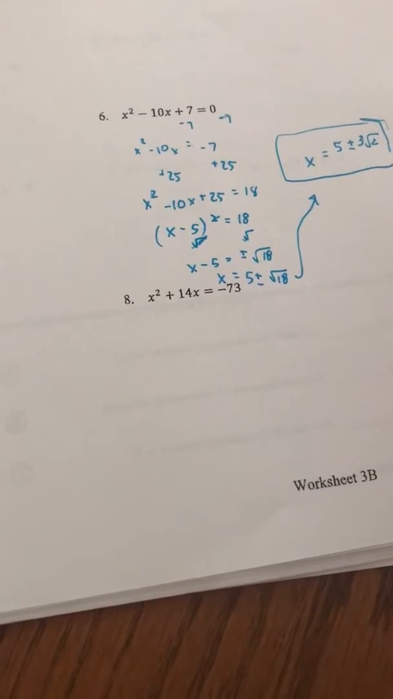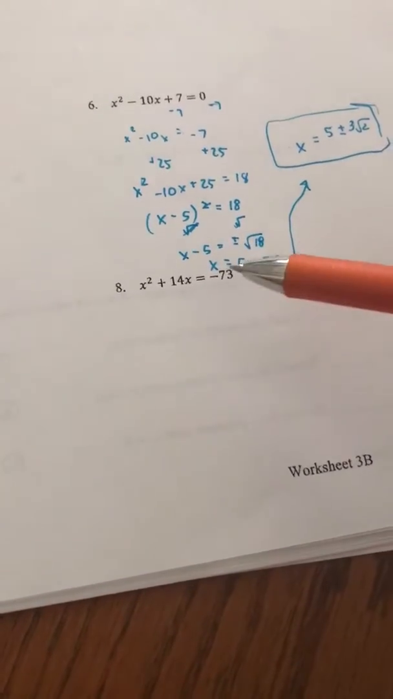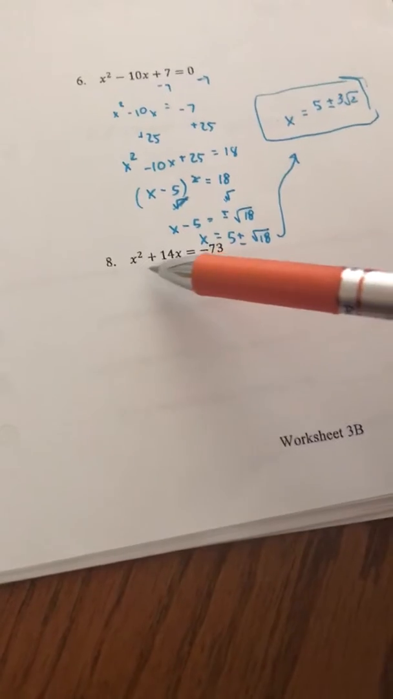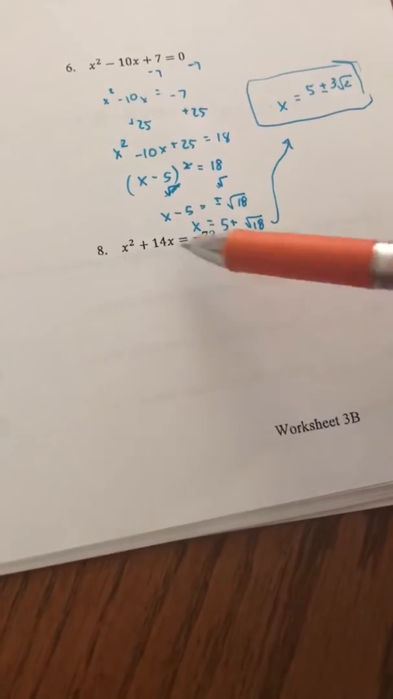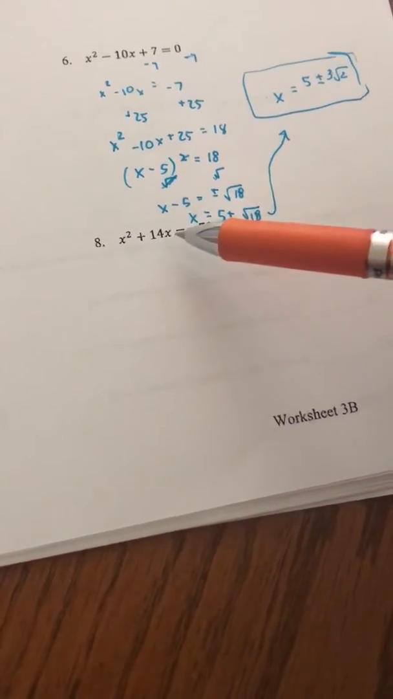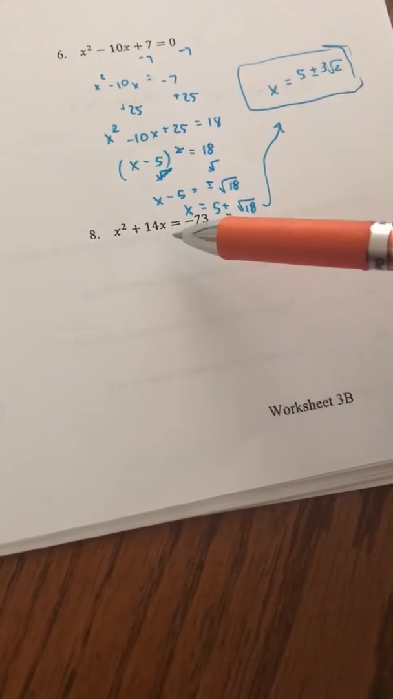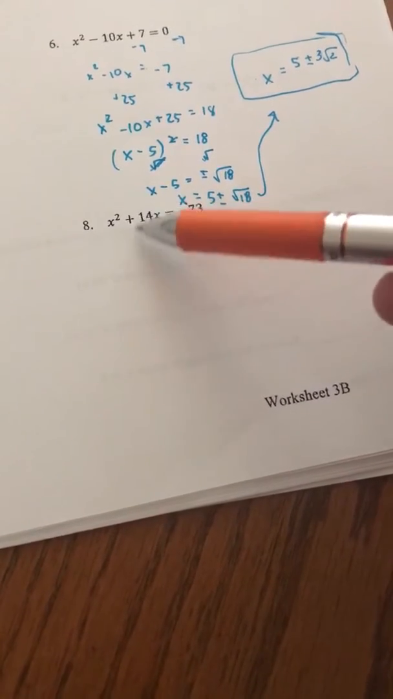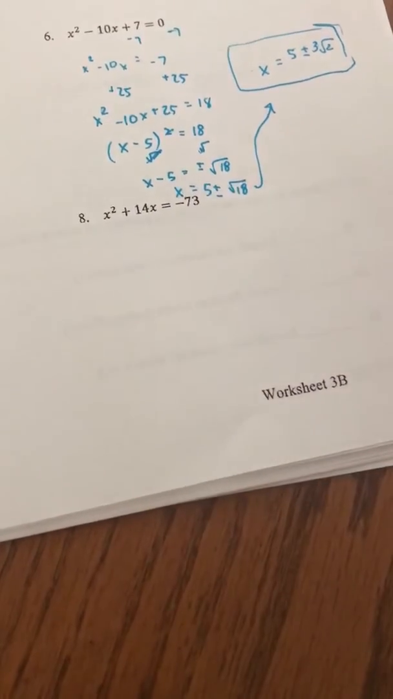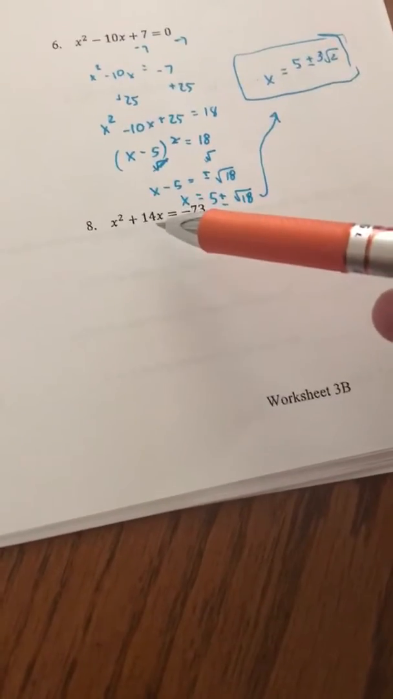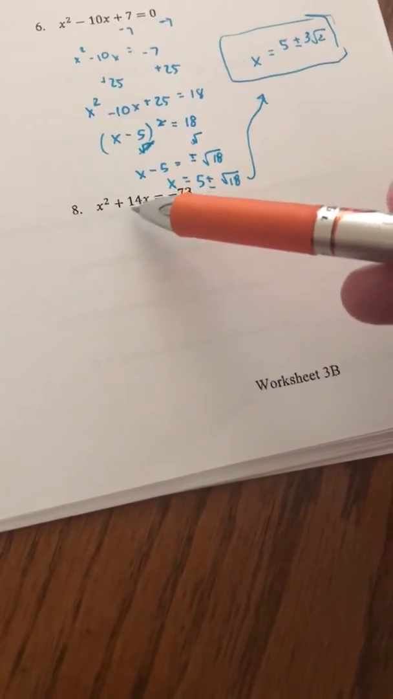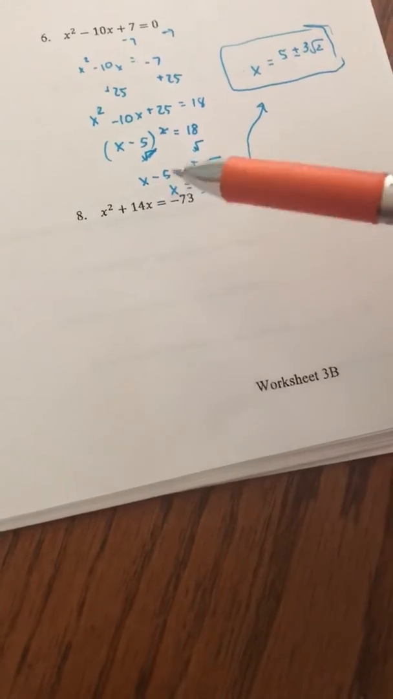And then for number 8, so again, what I want to do here is complete the square. They already actually got rid of C for me on this one, so all I need to do is figure out what I need to add to the left side for this to be a perfect square. So I take half of 14, so that's 7, and then square it. So 7 squared is 49. That means I need to add